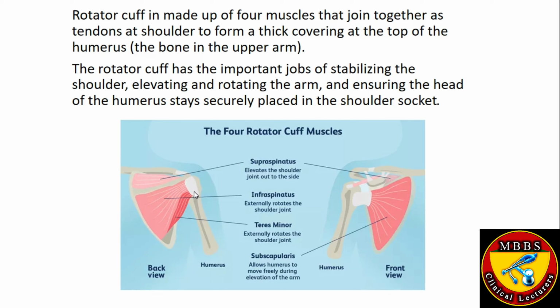In the shoulder, we are elevating, rotating the arm and doing other activities. So, if you compare the head of the humerus with the glenoid cavity, there is a lot of difference. If you compare this joint with the lower joint, the hip joint of the lower limb, that is a ball and socket variety of joint.